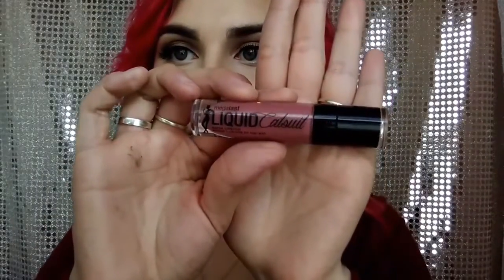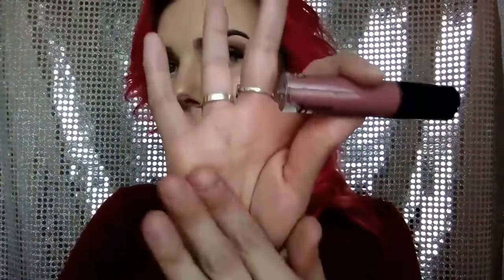And so for my lipstick, I'm going to use the Catsuit Liquid, the Megalast Liquid Catsuit by Wet n Wild. This is Rebel Rose. And I love these lipsticks. They're so amazing. They don't leave my lips. I have really dry lips because I have a habit of biting my lips, and yeah, I love